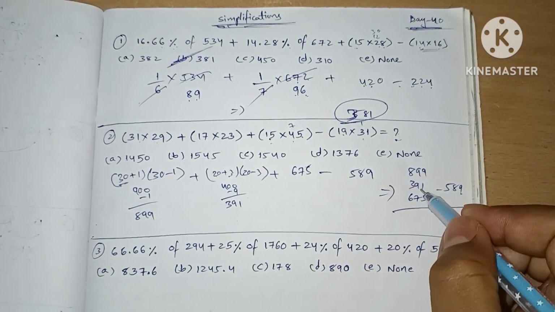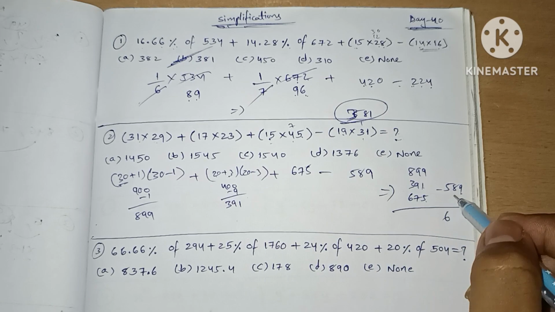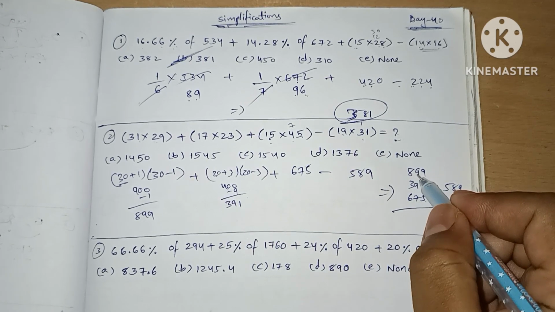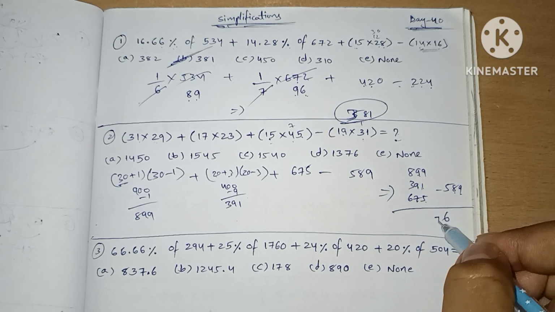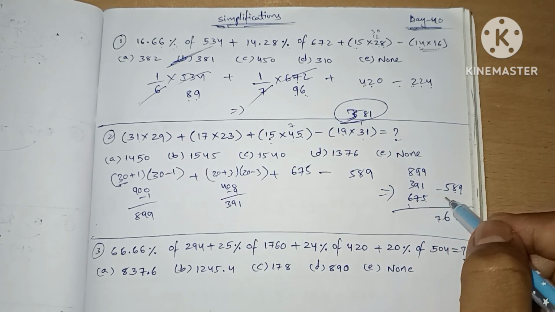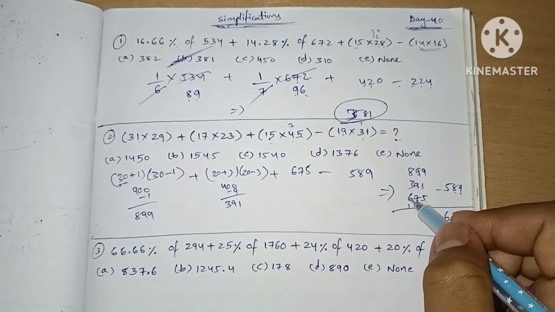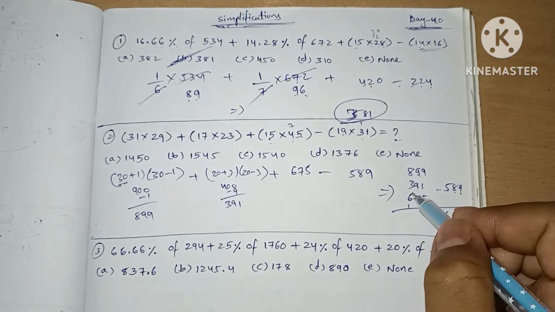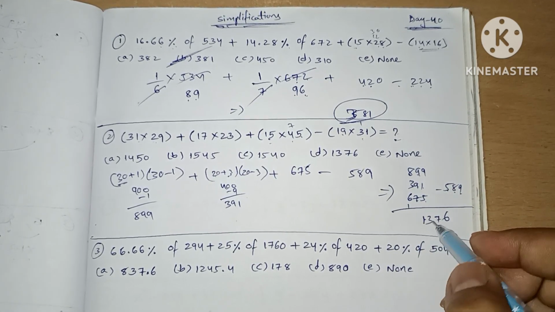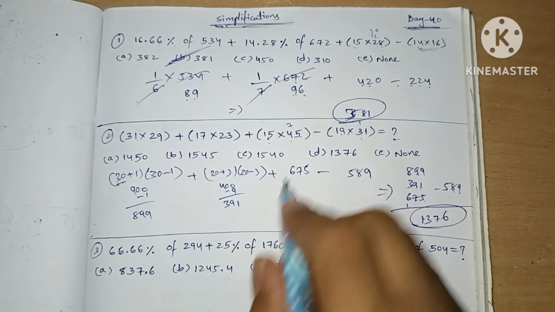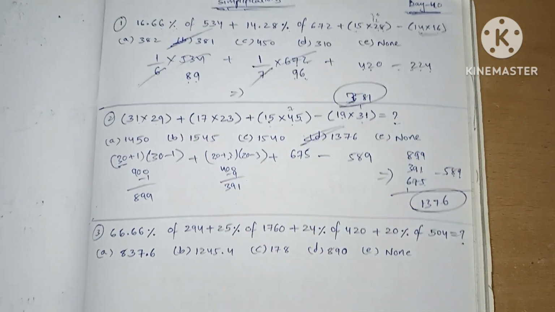9 and 9 cancels. We are left with 6. We need to eliminate 8. If we eliminate 8, we are left with 10 plus 7, 17. Okay. If we eliminate 5, we are left with 1 and 1, 2, 2 plus 3, 5, 5 plus 8, 13, 1376 is our answer. Option D is our answer. Next,